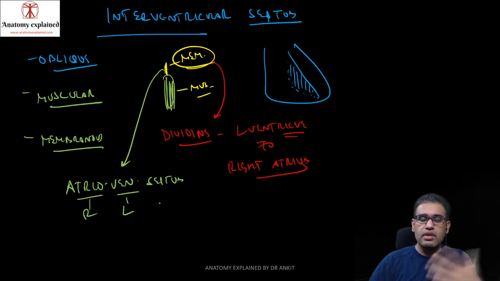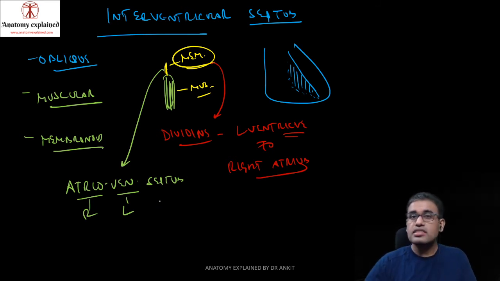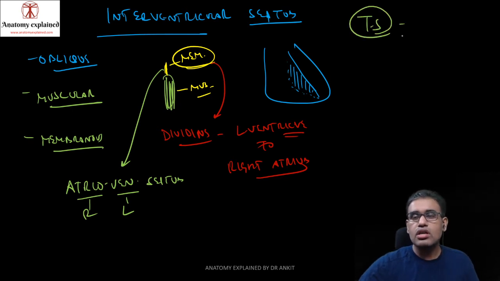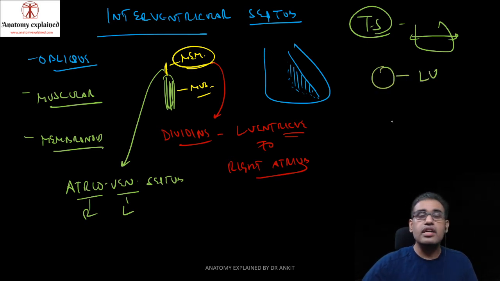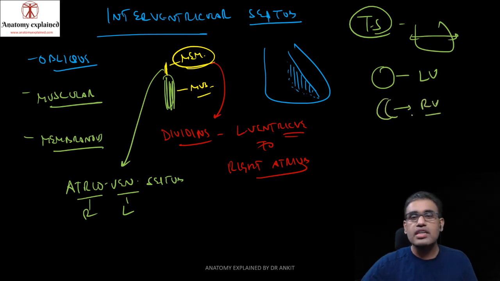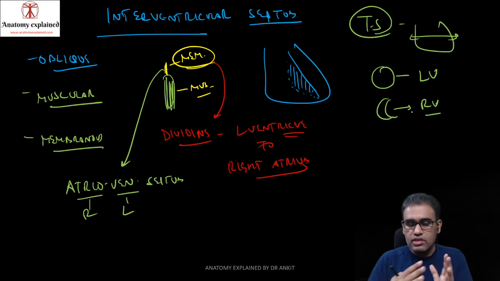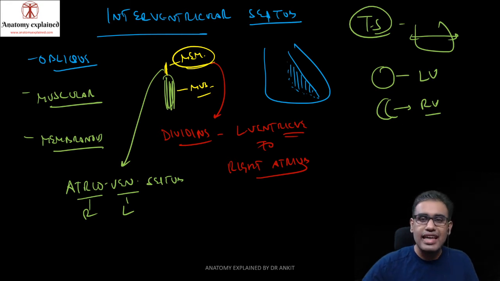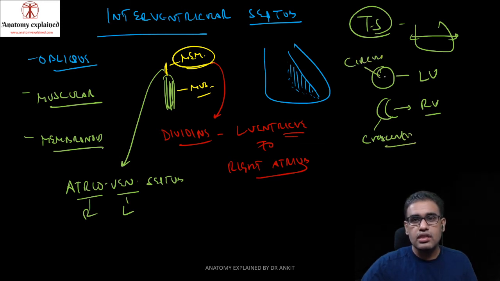Now coming from this aorta, that was the whole left ventricle. Its TS also you can remember, as we talked: if we take this TS from here in the cavities, if it's circular, then we are looking inside the LV, but if it is crescentic, then we are looking inside the RV, because the interventricular septum is pushed towards the RV, because the walls are thicker on the LV. So the TS inside the cavity looks crescentic in shape in the case of the RV, as we already discussed, but here in the LV it is circular in shape. The walls are thicker. Okay, so these are a few differences.